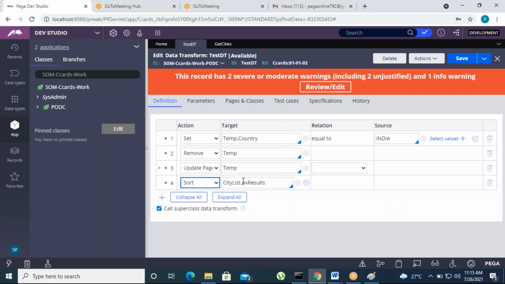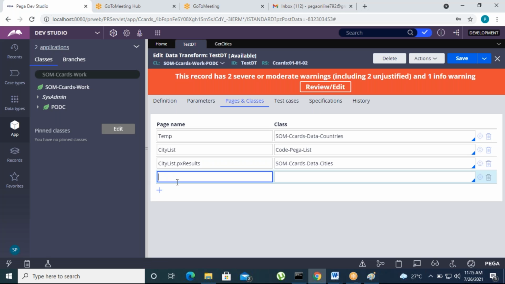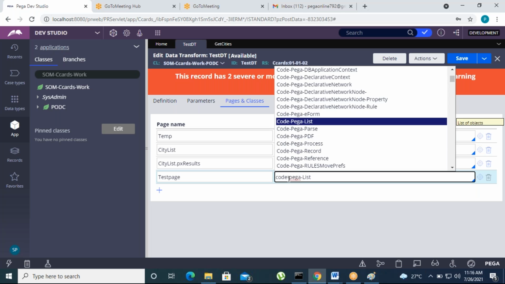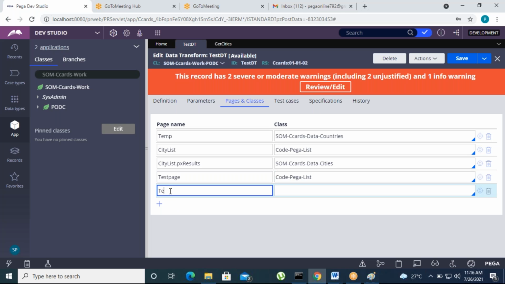How to transfer the data? Let's say we have data, so citylist.pxResults, I have some 4 records. I want to transfer the data into some other page list. Let's take an example, I'm going to define a test page, add the code-pega-list class. This is a list, right? Compulsory, the code-pega-list class is required. So this is a list of data, code-pega-list class. TestPage.pxResults will hold the data.